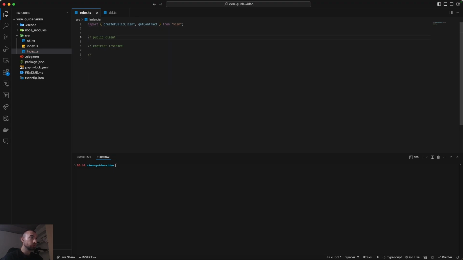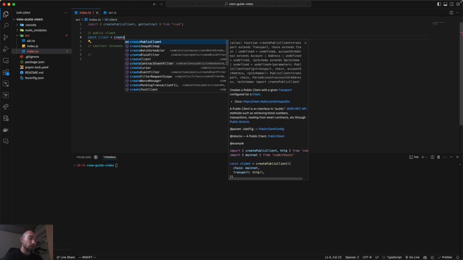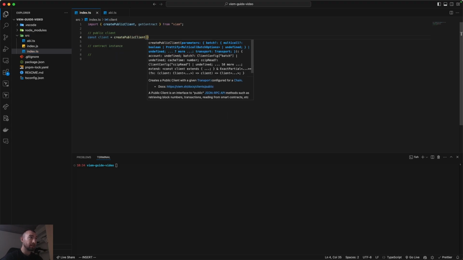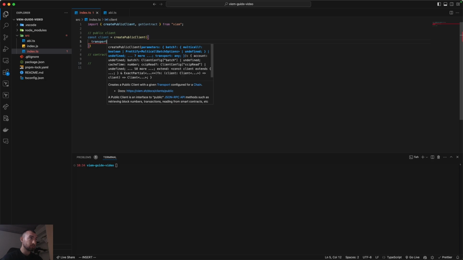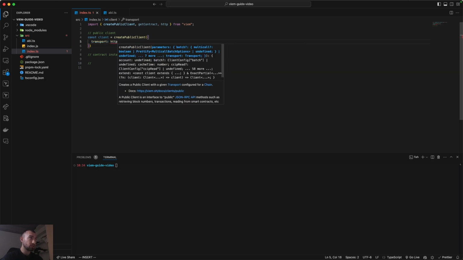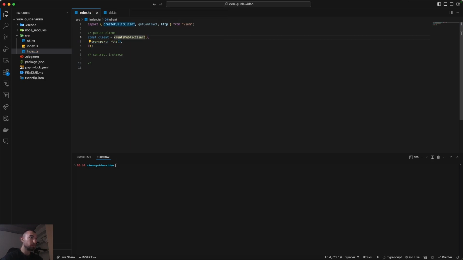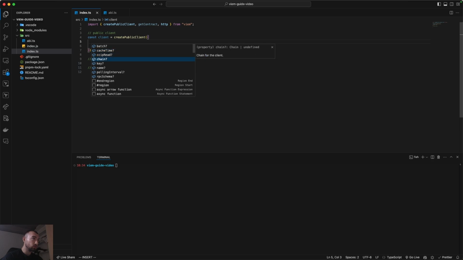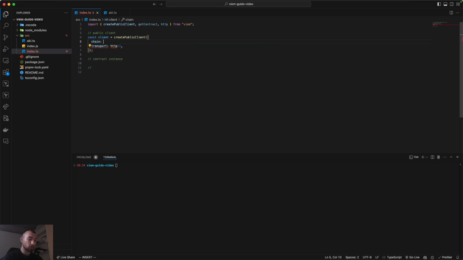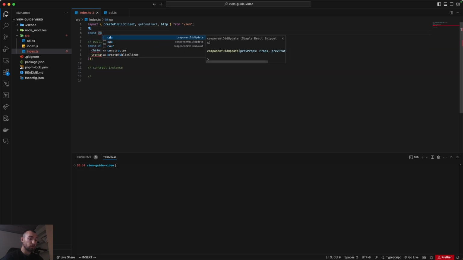We want to create a public client here, invoking the createPublicClient method, passing down the transport, which we use HTTP for. We are going to also set a chain, obviously, and in this case we need to configure a custom chain